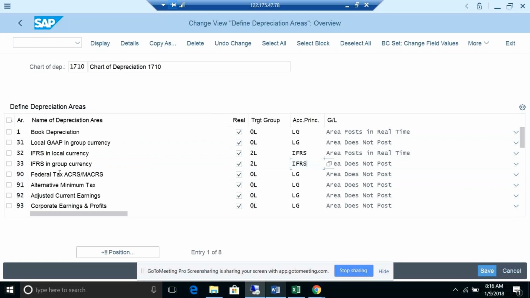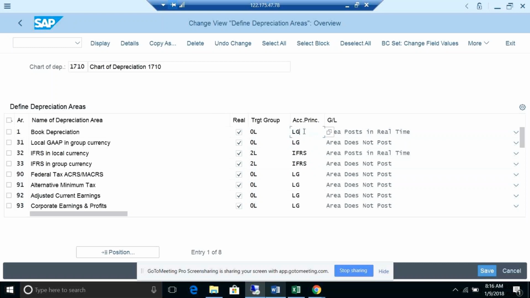So forget about this, but if you want multiple reporting for the 2 currencies, you need to maintain your depreciation area in the same way for the 2 currencies. One time for local currency, one time for group currency, and the same thing for the book depreciation area: one time for local GAAP and group currency.